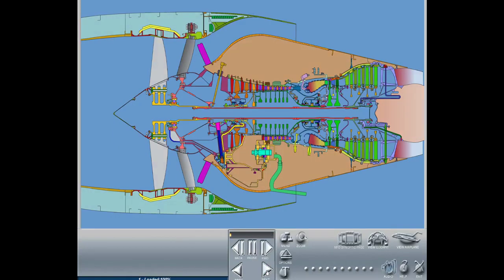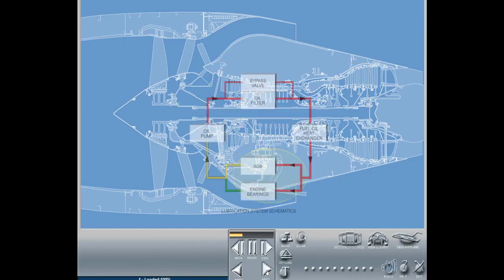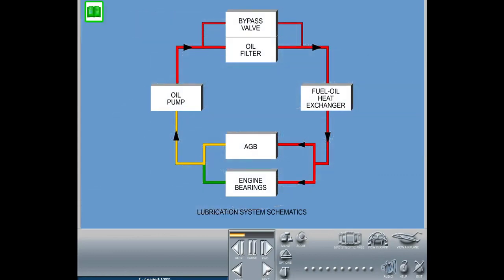The purpose of the engine oil system is to provide lubrication and cooling to the turbine engine main shaft bearings and the accessory gearbox bearings. The engine lubrication system contains the following main components: an oil reservoir, which is an integral part of the accessory gearbox, the lube and scavenge pump,